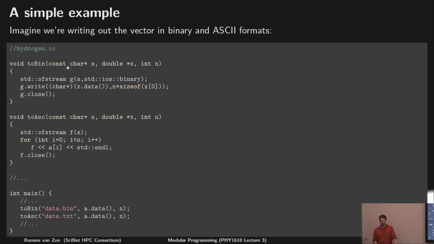Fine. Okay, so I'm passing in the array, which means I already decided I'm not going to use global variables. I don't want that. I'm going to pass in whatever has to go out. Nothing in this function uses global variables. It's all defined locally. So toBin defines an output file stream and then writes its data and then closes it. When we go to file.io, we'll explain in detail how it does it, but this is